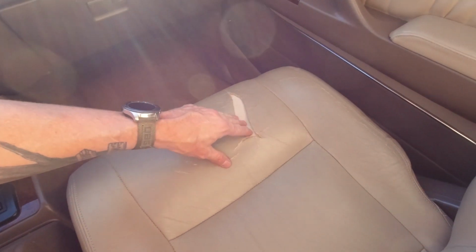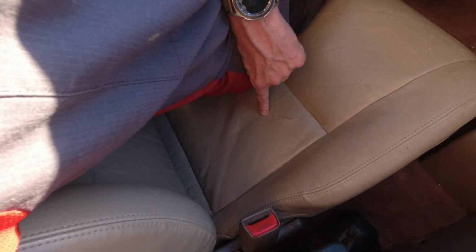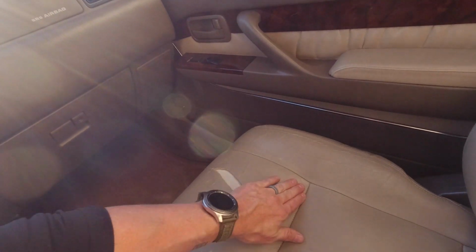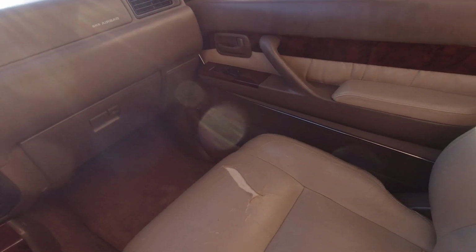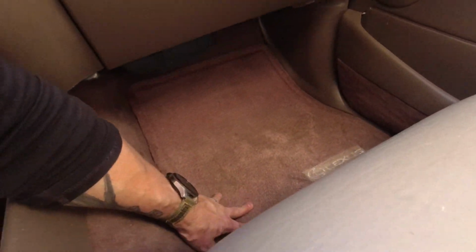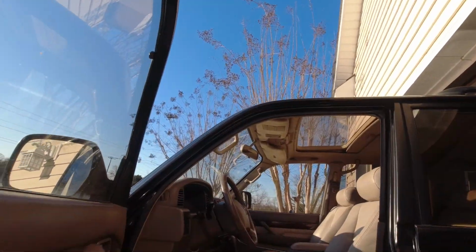There is a bad rip in the seat here, and there's one up under my butt here, right here. But totally replaceable. I don't know if I can just get this one panel replaced or if I'll have to order the whole kit, but I'm not too concerned about it. Look at the carpet in this thing. I think he was the only one that ever drove it. No one ever looks like they sat in this back seat whatsoever. Usually these seats are really cracked and really hard, and these are not. They are still in very good condition. I mean, the door panel, look at this,